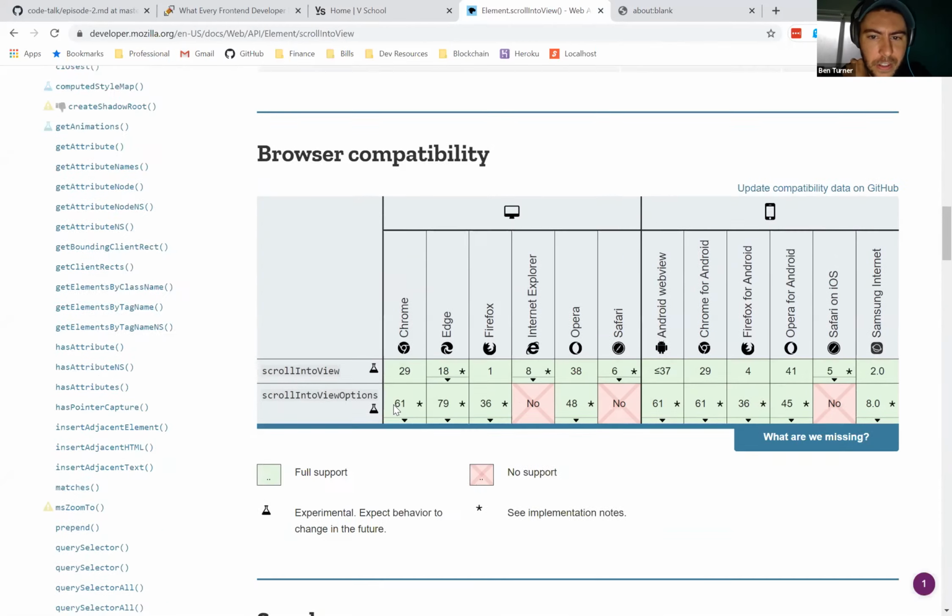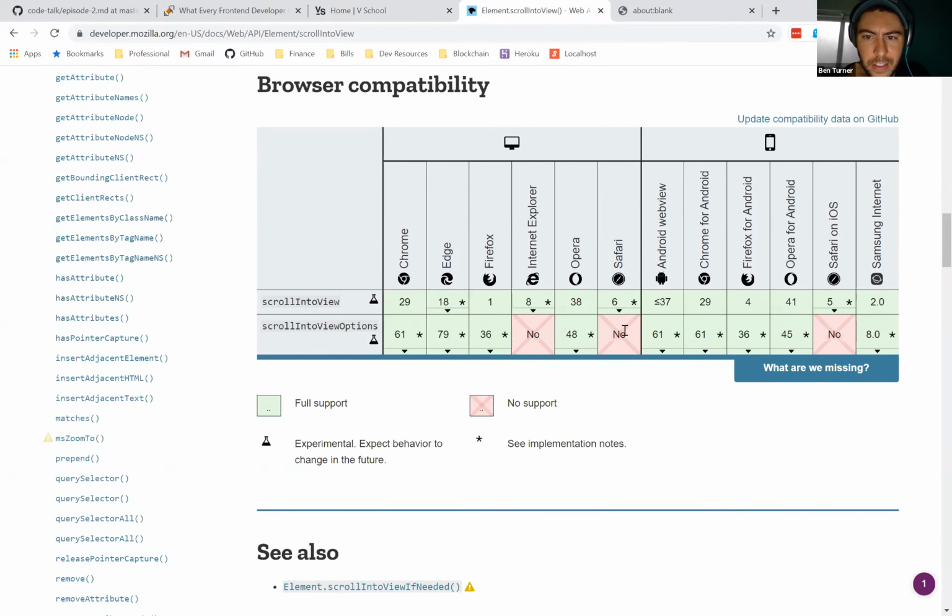This one is fairly new, and as you can see, it doesn't exist in Safari. Sometimes they're experimental. So yeah, it's definitely a good thing to check.